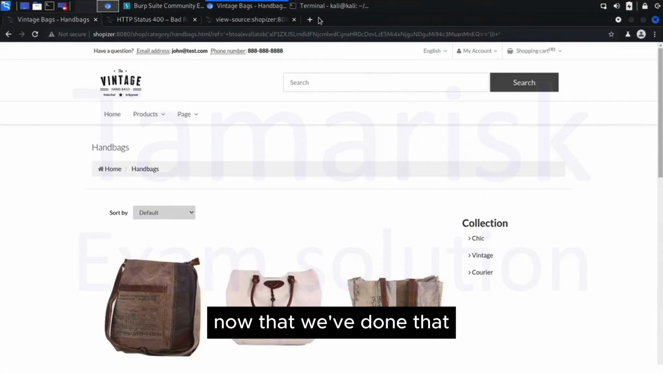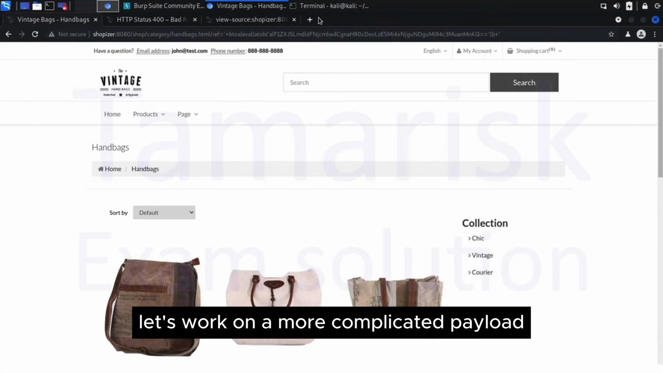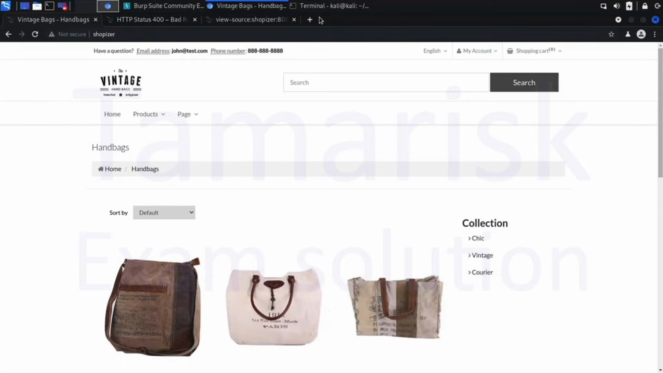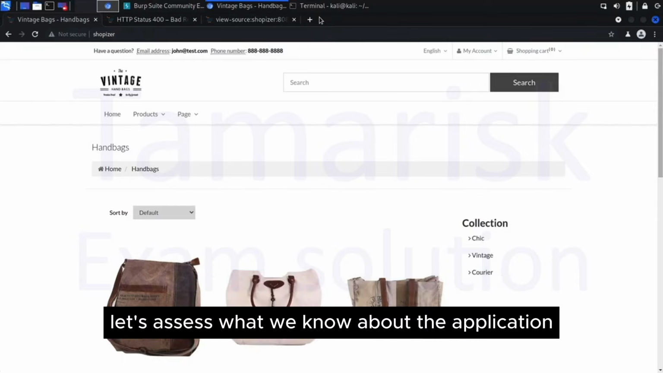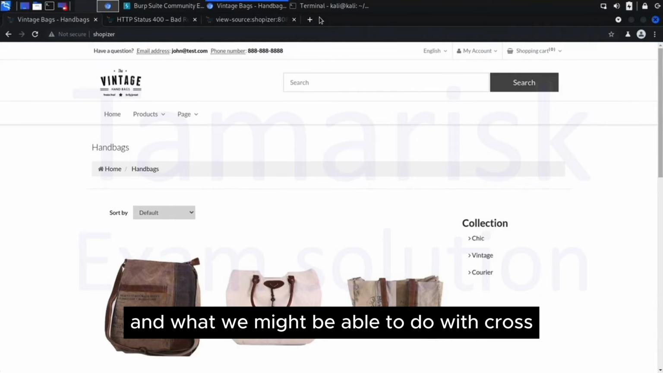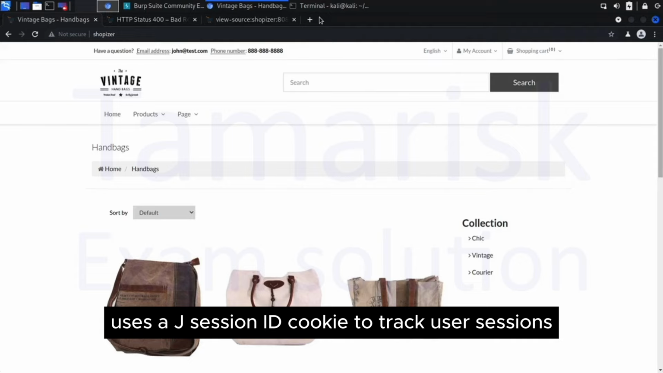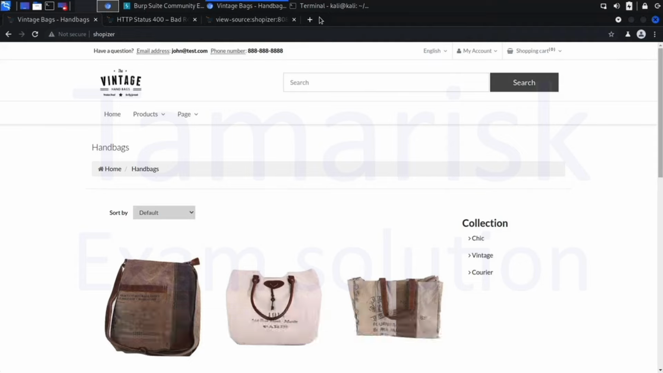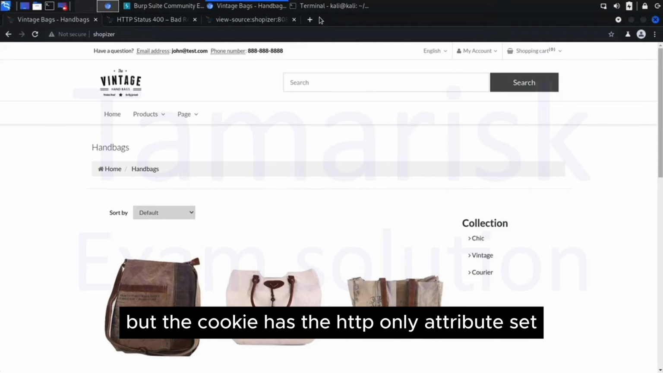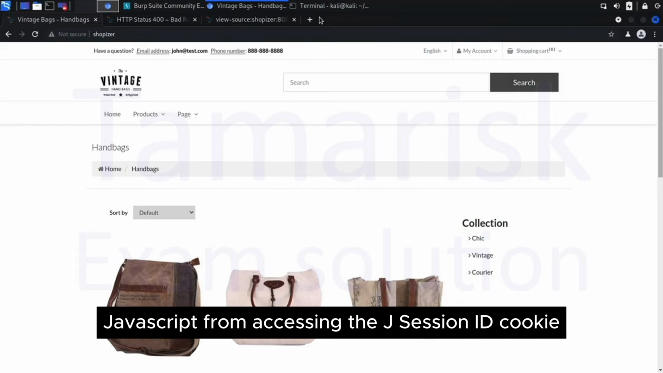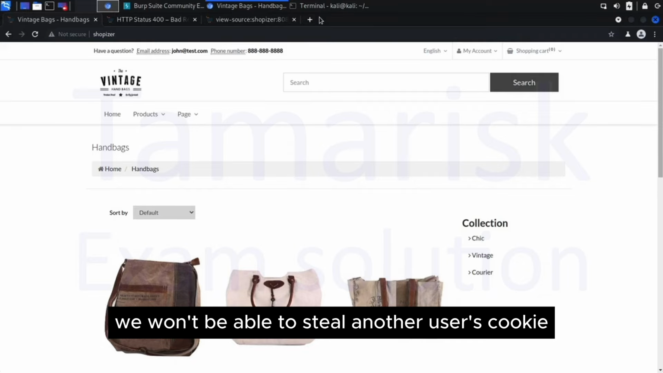Now that we've done that, let's work on a more complicated payload. Exploiting reflected XSS. Let's assess what we know about the application and what we might be able to do with cross-site scripting. The application uses a JSessionID cookie to track user sessions, but the cookie has the HTTP-only attribute set. Because the browser will block JavaScript from accessing the JSessionID cookie, we won't be able to steal another user's cookie